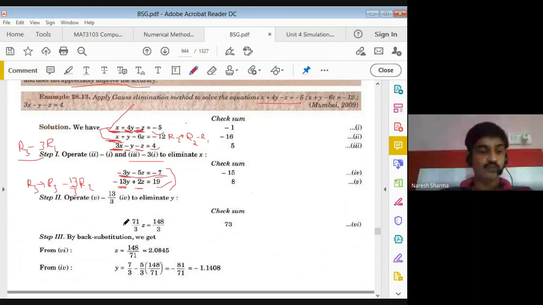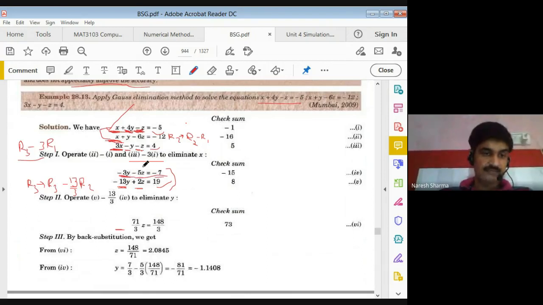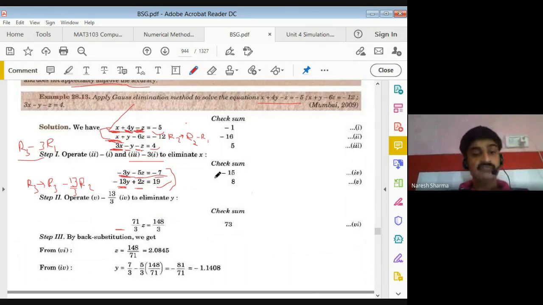So we have no y here. So here also we can apply divide by minus 3, that is 5 by 3, and multiply by 13, that is 65 by 3. So 65 by 3, and add your 2 in this, because after applying the operation on this we can add in this. So that is the R3 part. That is here, yeah, 2 only.